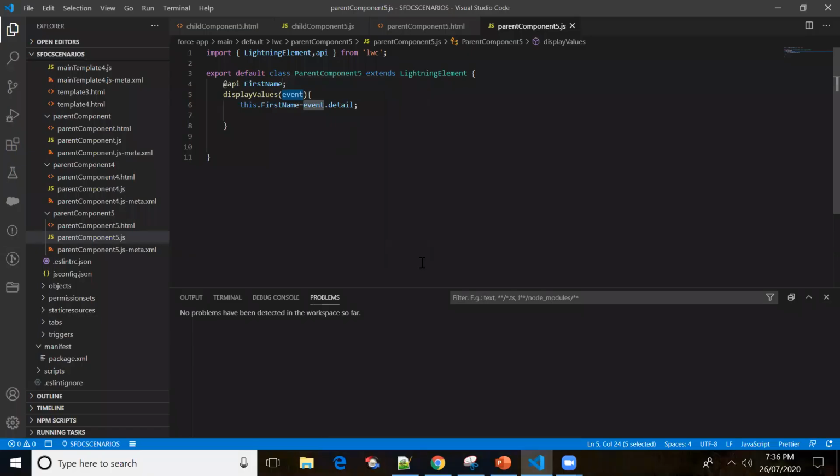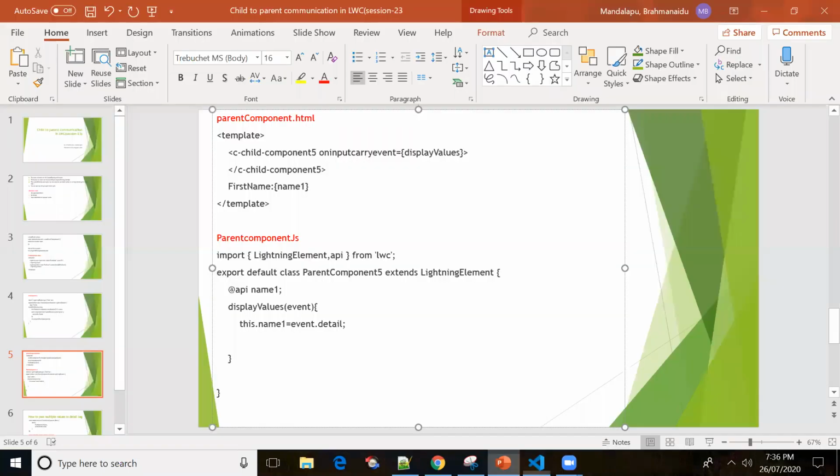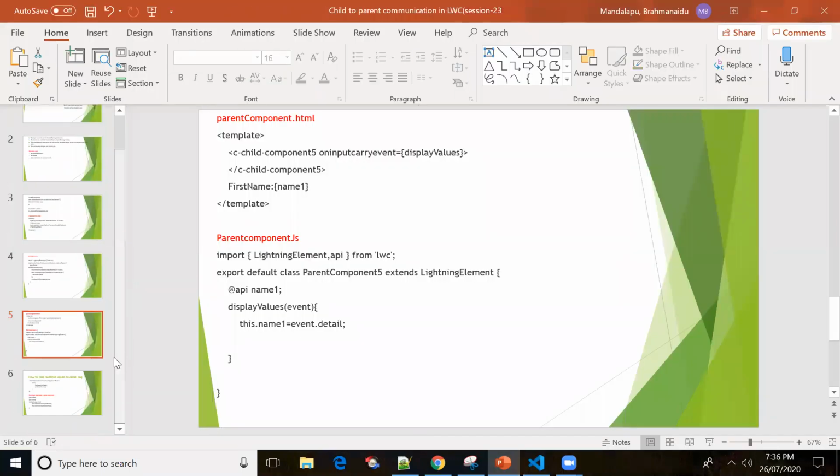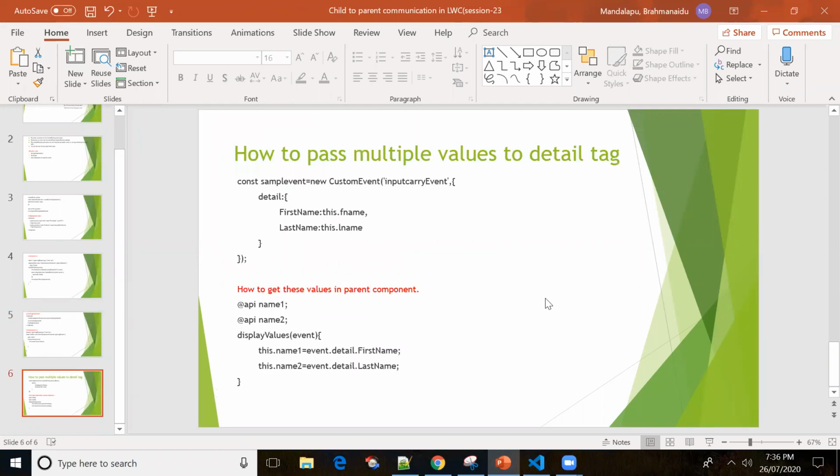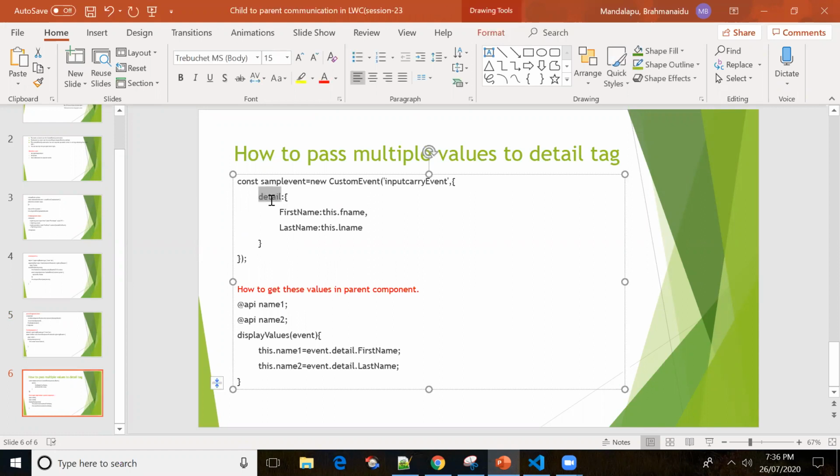Okay. So next, what we'll do is we'll create one more input field. Now we'll see how to pass multiple parameters to the detail property. First, let me explain. Let me go through the PPT. Okay. So this is how you pass multiple values from one component to another component. Since we are going to pass multiple values in detail, this is the first parameter and this is the second parameter.